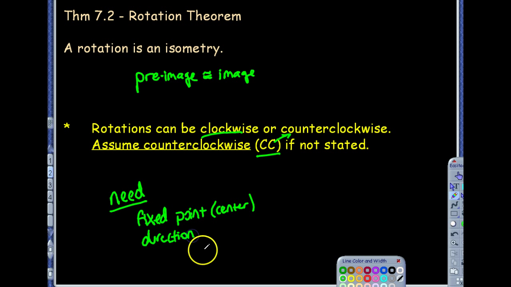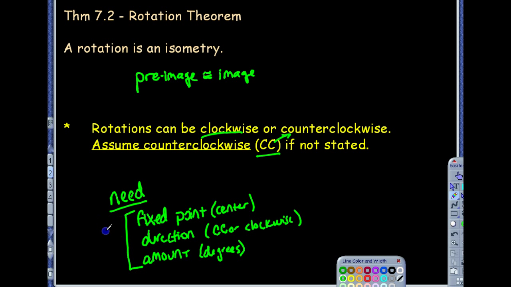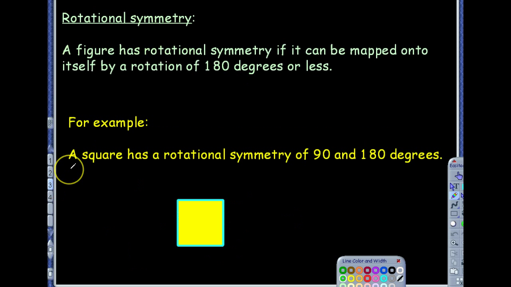Not direction, counterclockwise or clockwise. Or you need to know basically the amount, which is your degree amount, the degrees. So those are the three things you're going to need, and you will need all three of those things to really rotate. Okay. Now, one more vocab term, and then we'll actually do some rotations on a coordinate plane like we